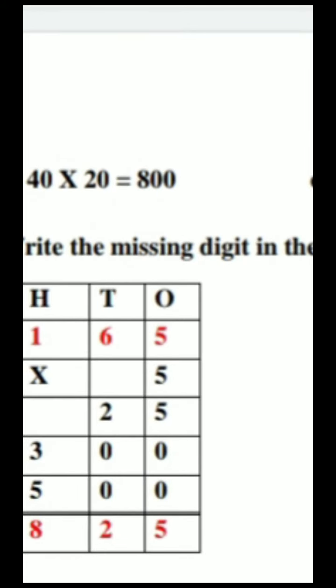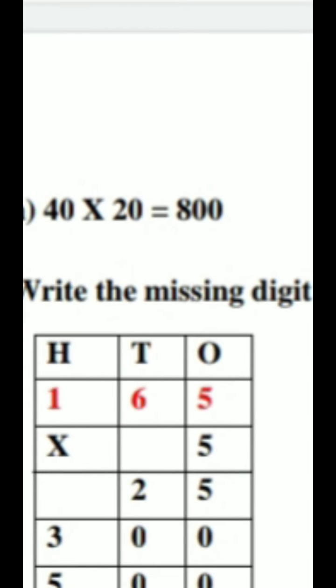Here this is a different type of multiplication. You can say a mental maths sort of multiplication. 40 multiplied by 20. Simply copy the number of zeros and then multiply the digits. Like here there are 2 zeros, so you will first copy 2 zeros in your answer, and then 4 multiplied by 2 is 8. So your answer is 800.